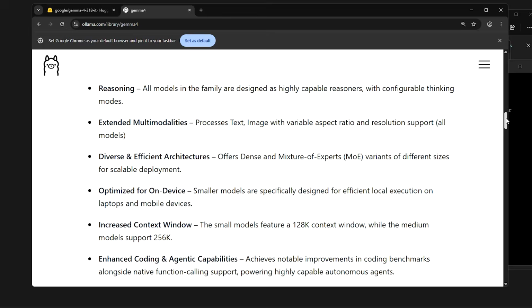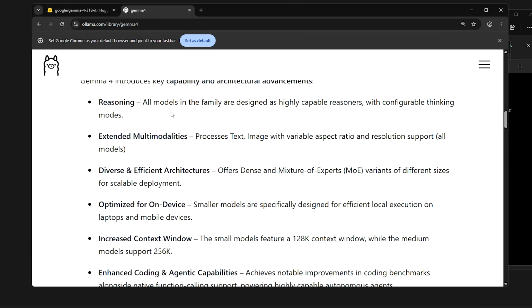So it's a reasoning model. All models in this family are highly capable reasoners with configurable thinking modes and extended multimodalities, processing text, images, and variable aspect ratio and resolution. All models offer diverse, effective architectures, with dense and mixture of experts variants of different sizes for scalable deployment,